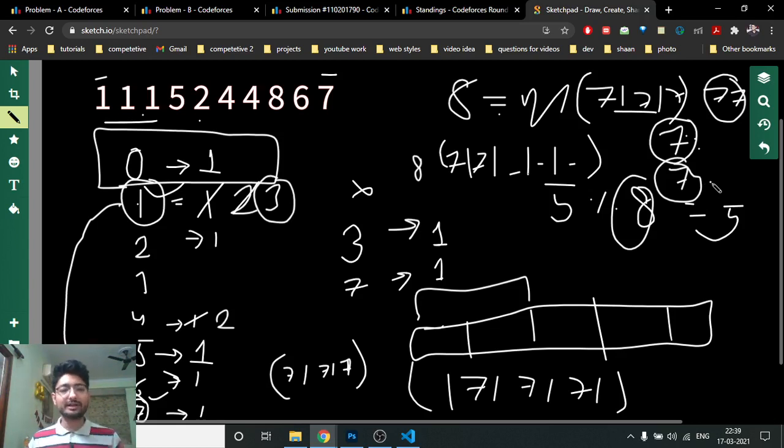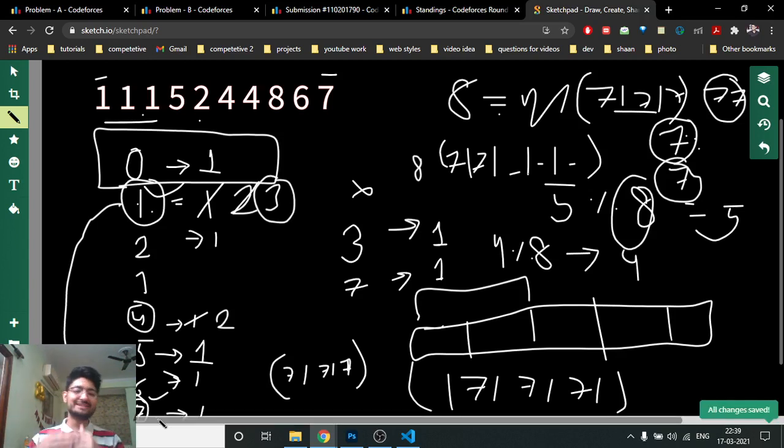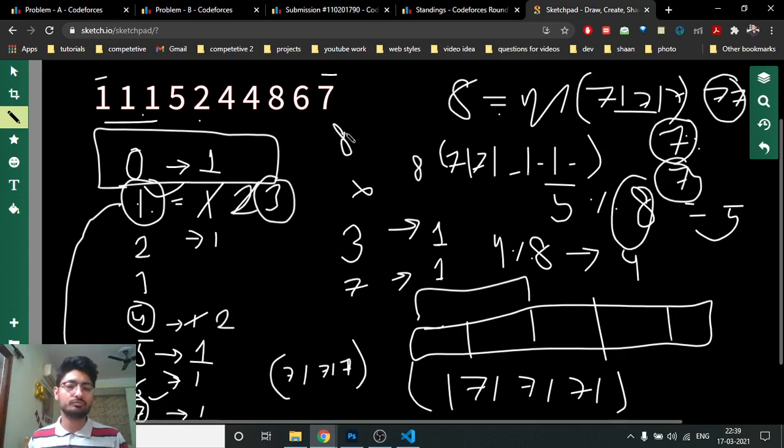Now let's assume that m is 8. If I come to a number which is 4, the modulus of 4 with 8 is 4 only. And the counterpart for 1 is 7, which means that 7 and 1, when they're added, will give a modulus of 8. But 2 and 6 is a pair, 3 and 5 is a pair, but for 4 there is no pair. So if any number is giving me a modulus of 4, I can put all those numbers into one array and that will be fine.